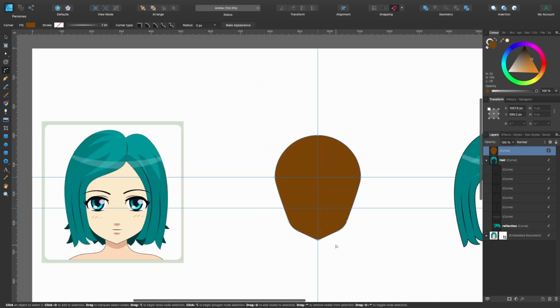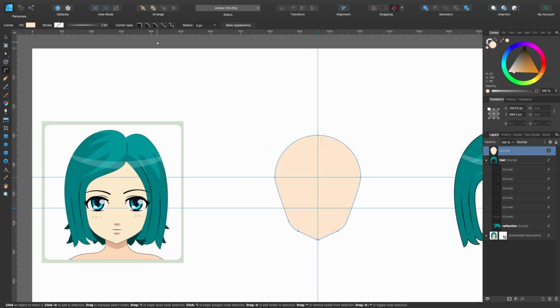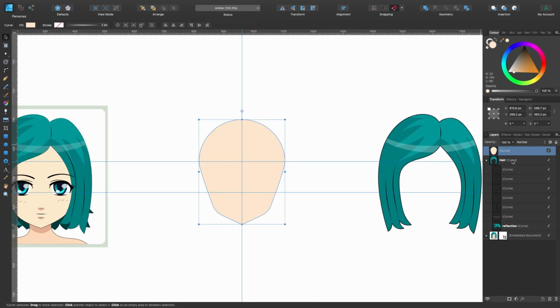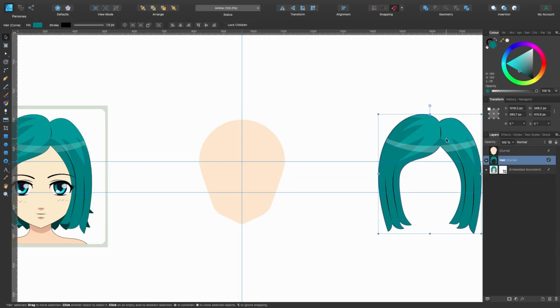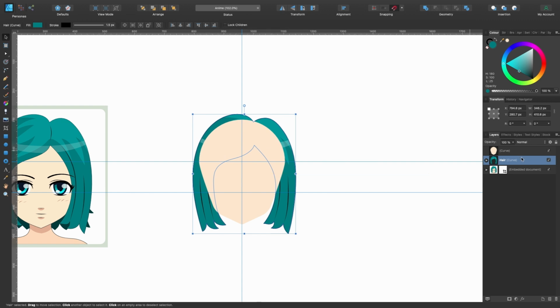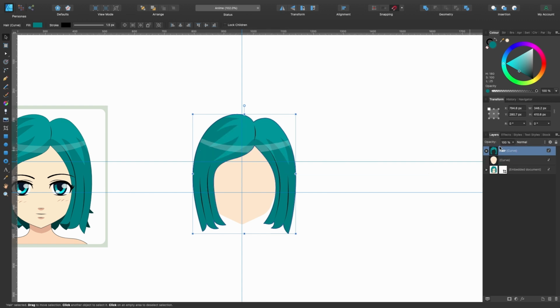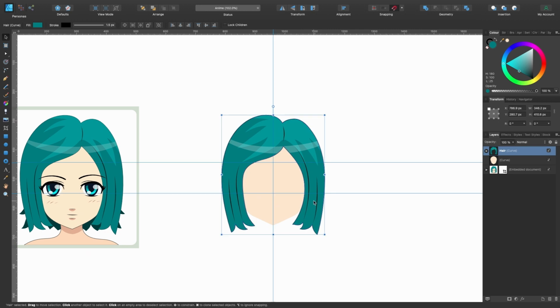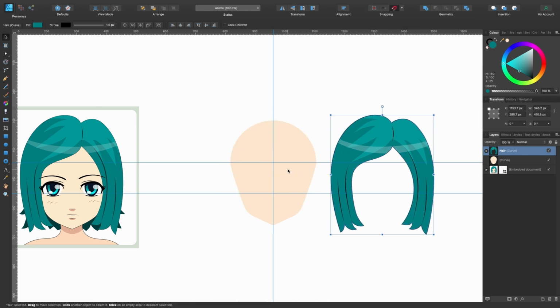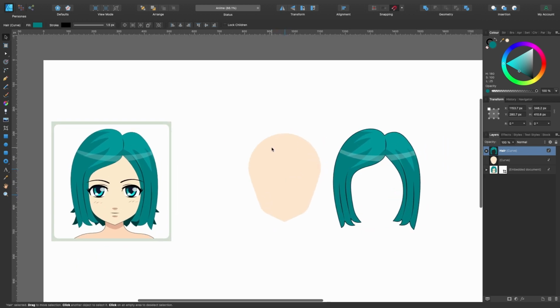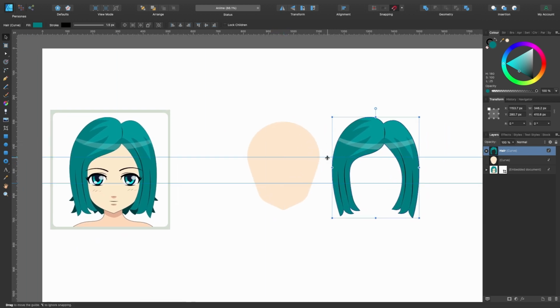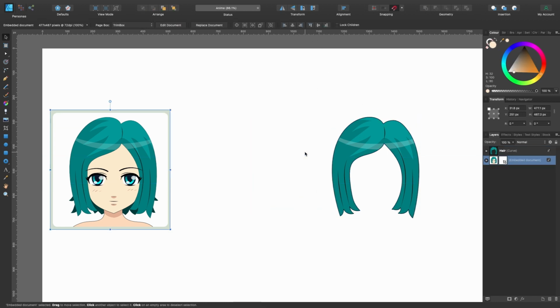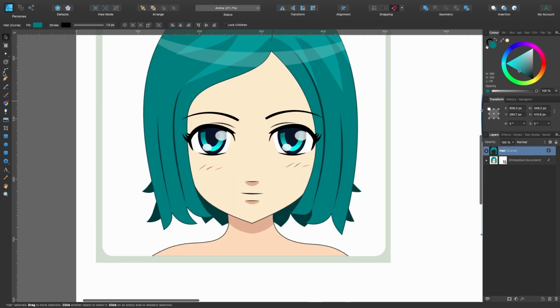We have new nodes. Change the color again back to that. If I grab the hair, which is over here, and drag it across, you can see it's behind there. Just click and drag that up in the layers panel there. There we go, it's kind of similar. You can play around with it to make it a little bit better, but that's your basic head shape, so to speak. But we're not concentrating on that. We're just going to be tracing around it, but I thought I'd show you that little mini tutorial. So let's just go ahead and delete that. Let's trace that jawline. Pen tool.